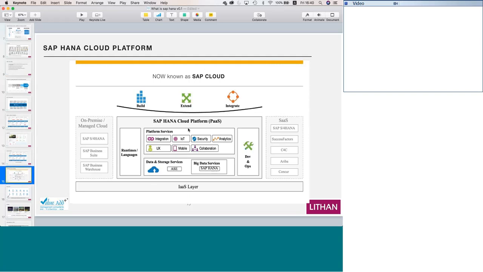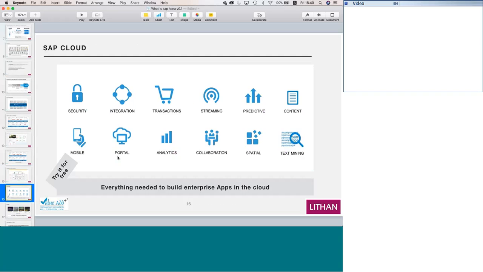Understood. Thank you, Sachin. Now, what does it do? It does all of this. Whatever you're seeing over here. So I repeat, this SAP Cloud, old name SAP HANA Cloud Platform, is used as a platform to go digital. That means create new integration with other systems or S4 HANA, create new applications, create mobile applications.